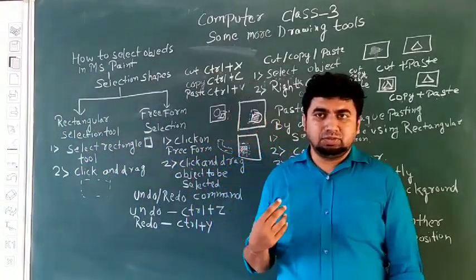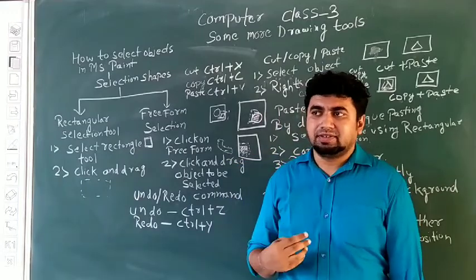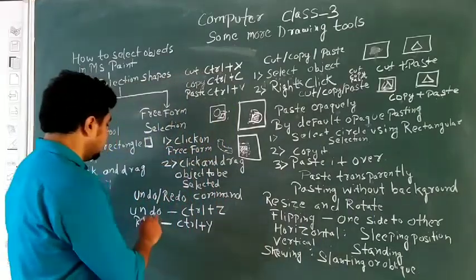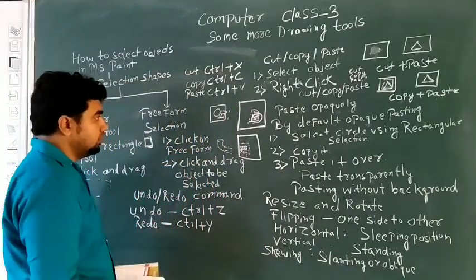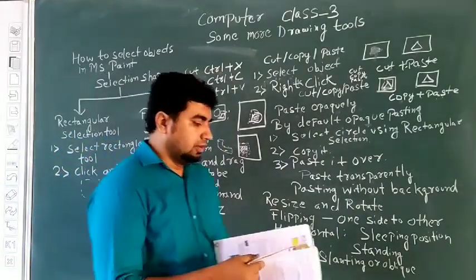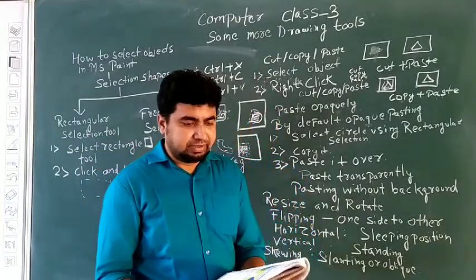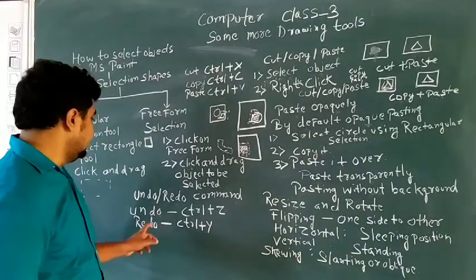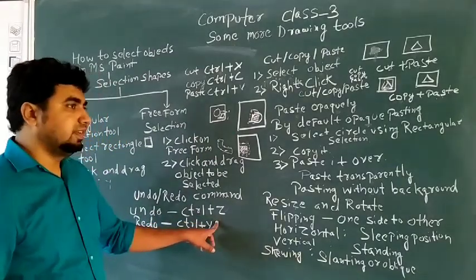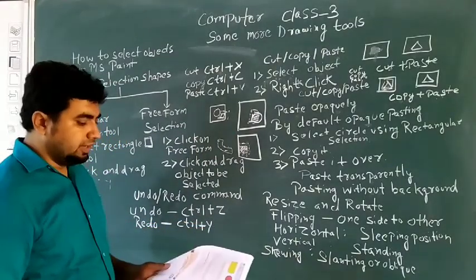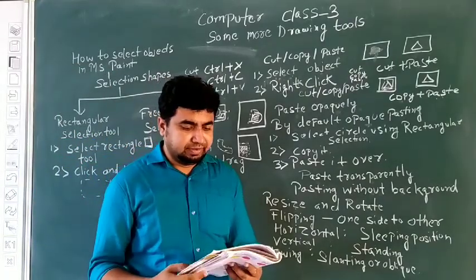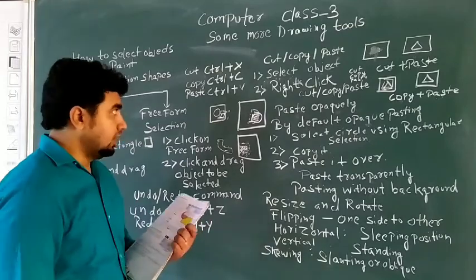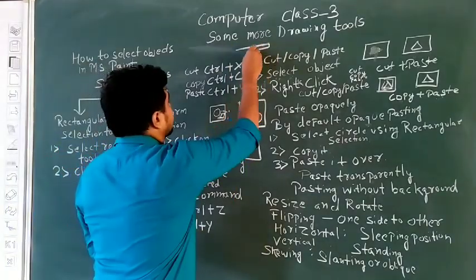Eraser: basically we know that when we make a mistake, we want to rectify it by rubbing. So we can do it with the help of the undo command. Undo is something we find in the main options, and we can also use it with the help of keys, Control plus Z. Or you will find it in the menu, in the quick access toolbar in the above menu.